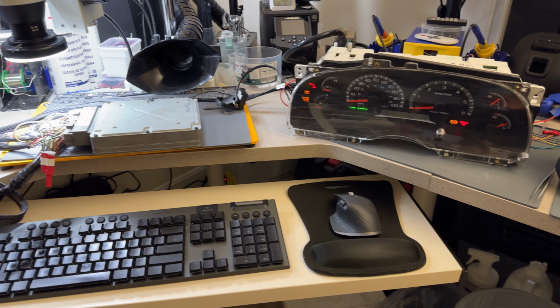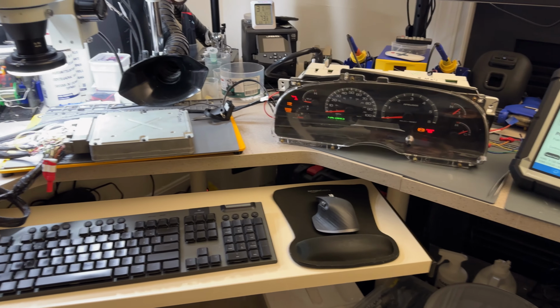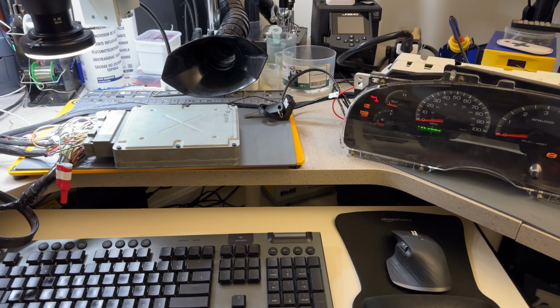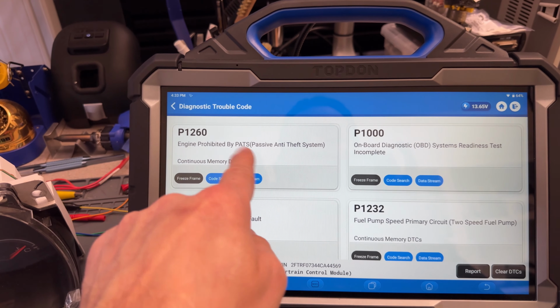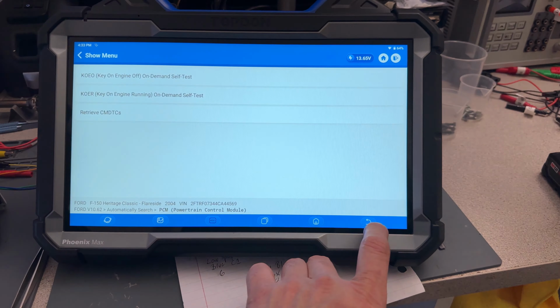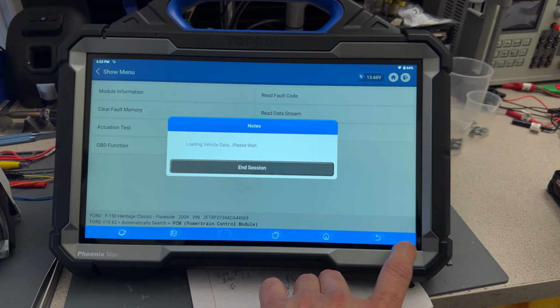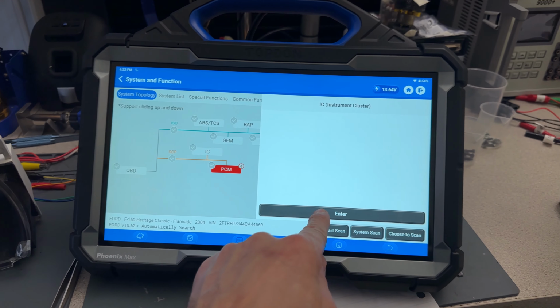All right, so Kenneth, this is your computer. I will now have to program the instrument cluster and the keys because I only have a computer. I want to show you that when it is like this, we will have engine prohibited by PATS. So I have to go back, get out of here, and go into the instrument cluster. So we go here, instrument cluster, we enter it,